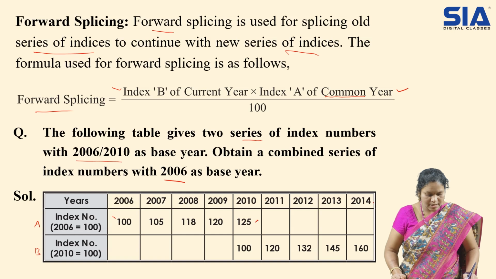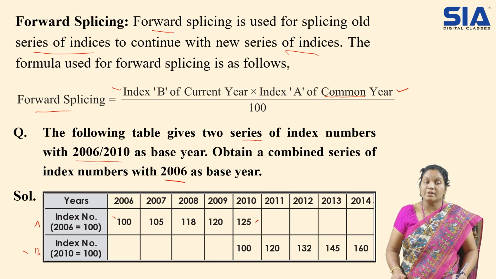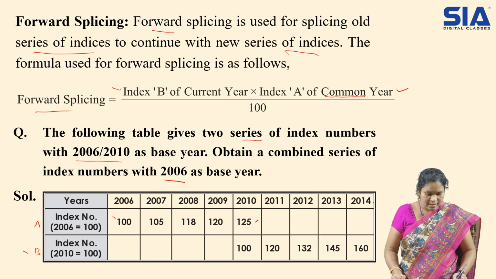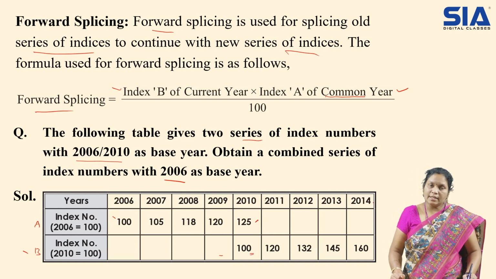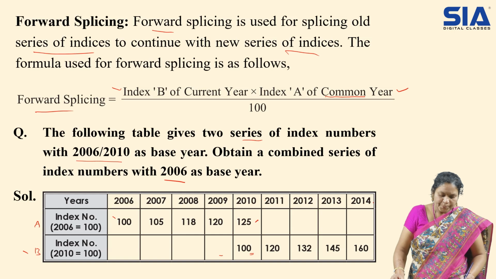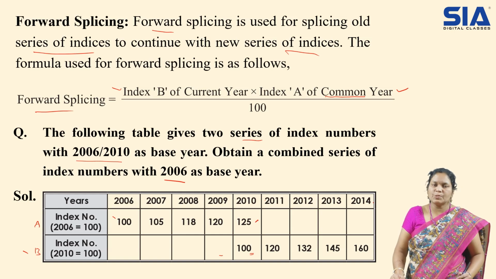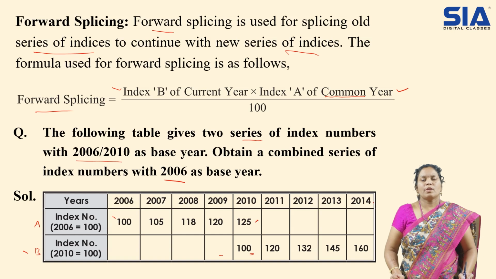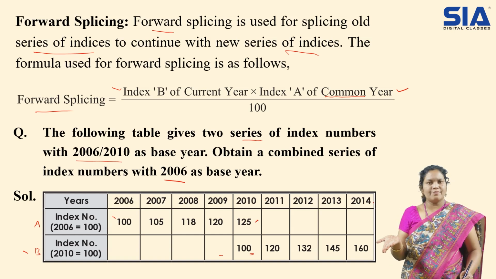Now go for the second series B, where 2010 is given as the base period. In the sense, up to 2009 the data is missing. Now 2010 becomes the base year for the index number of the second series, that is B series. So like that, the first half of the data is missing for series B. Now if you want to utilize them, how are you going to do it? If you consider the first series, the next half is missing.